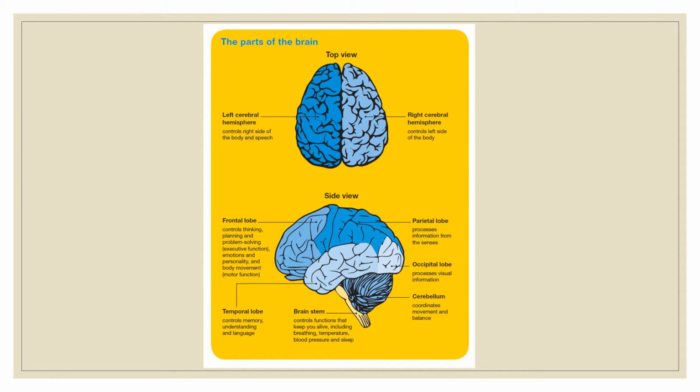Temporal lobe controls the memory, understanding, and language. There are very few symptoms with the temporal lobe, but they can have hallucinations and seizures. Some may develop auras, visual auras. And then the cerebellum. That is in control of coordination, movement, and balance. If you have a tumor here, the patient can have changes in coordination and gait, also headache and nausea.